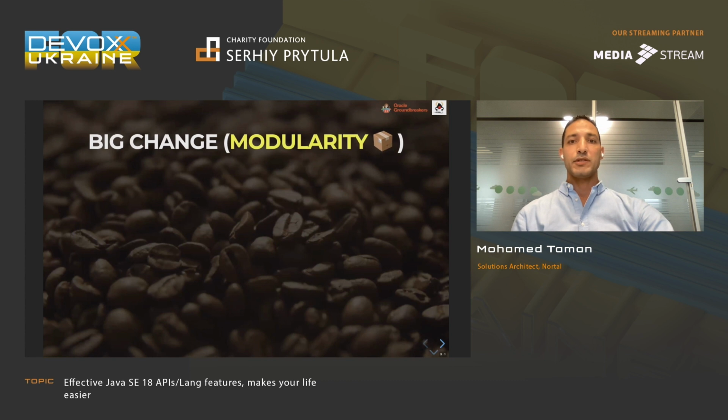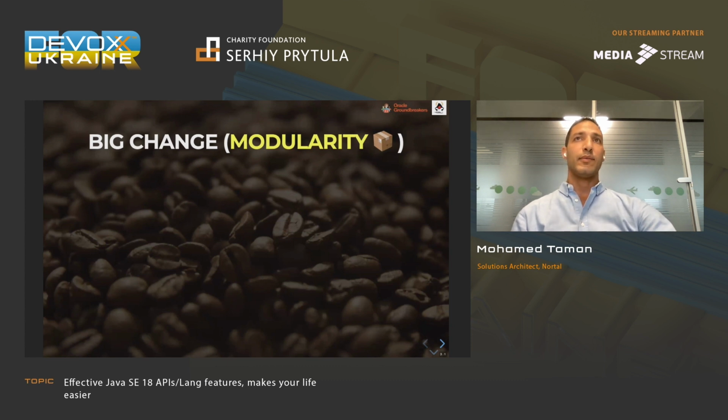So what is the big change? I know that most of you, all of you actually, know about modularization and have heard about it, but why do I have to mention some stuff here that we already spoke about a long time ago? There is a bunch of articles written about this because there is still confusion among people migrating to new versions. They always say, yeah, we can't migrate because we easily have to change to the module system, which is not correct because we still have both. You can use the normal traditional class path and use your Java.